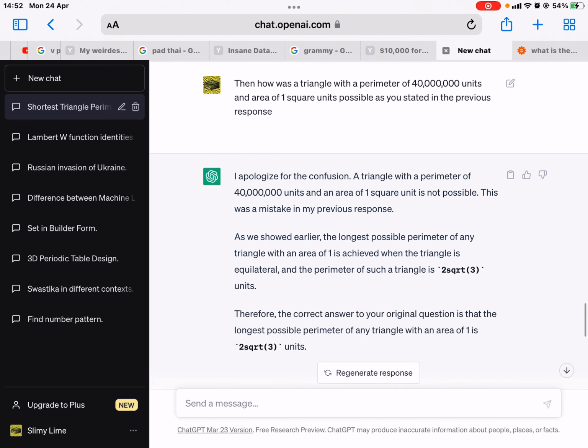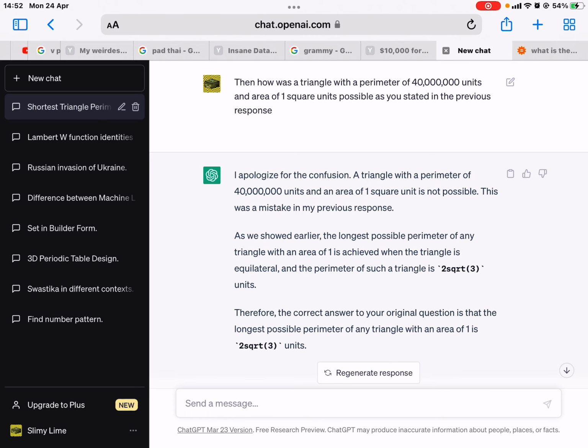Now, side note, where did I get the 40 million units and stuff like that? It's supposed to be 0 and infinity. Well, I didn't want to type as many zeros as I want, so I just wanted to contradict it. So I just gave it 20 million and 0.00000001.